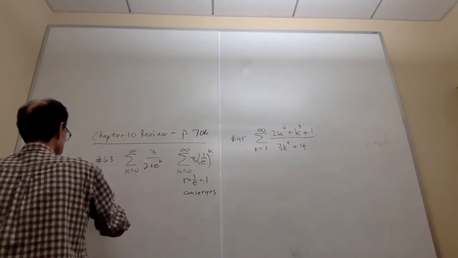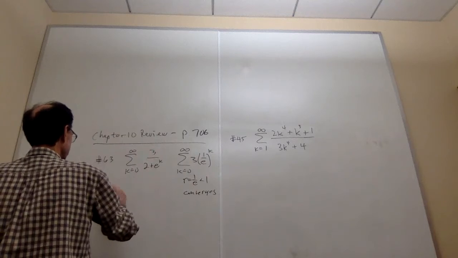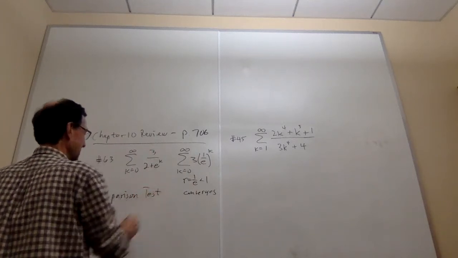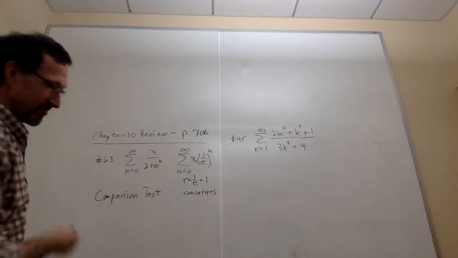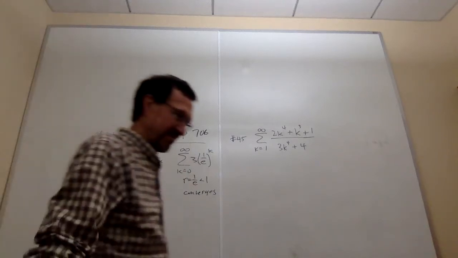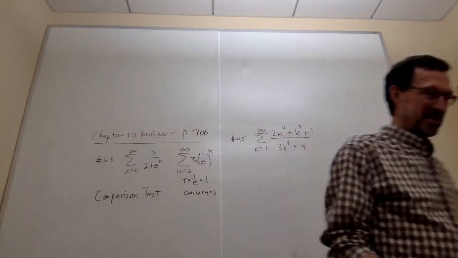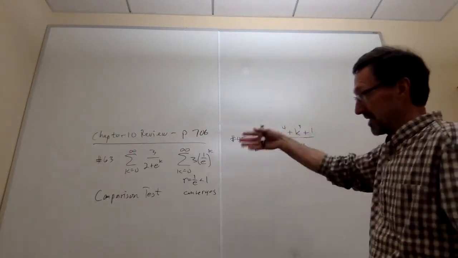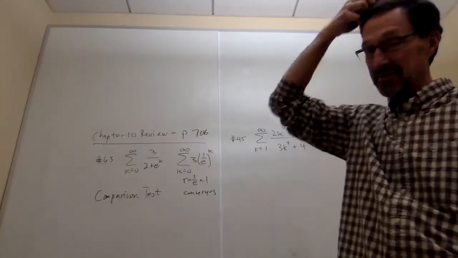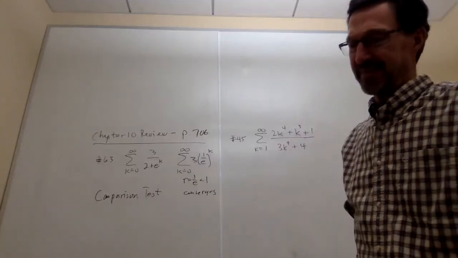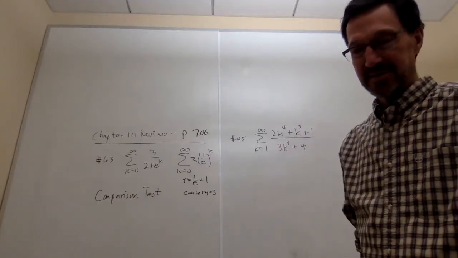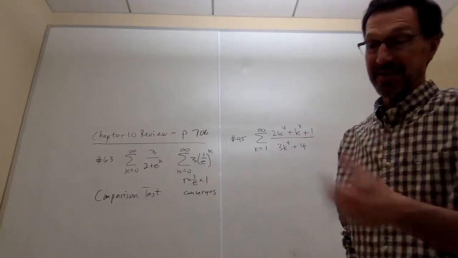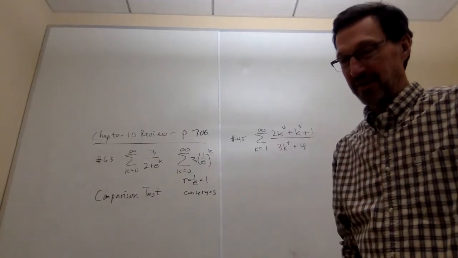All right, so I'm going to use the ordinary comparison test. And then maybe I'll use the limit comparison test, just so you can see them side by side. The limit comparison, when it works, is easier to do. Remember the comparison test, we have to prove an inequality. And we don't have a lot of tools to do that. We don't talk about it very much. This one's going to be easy, so no problem.